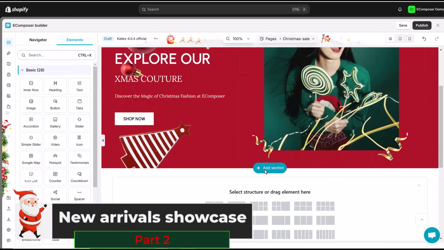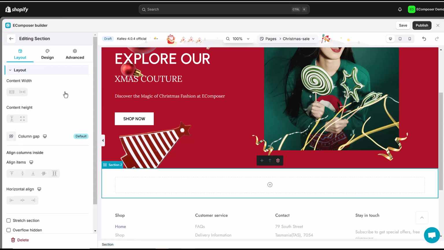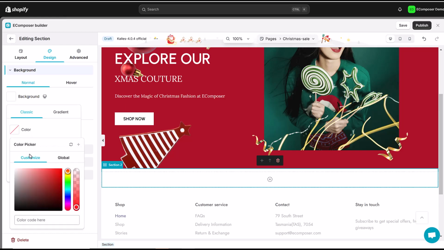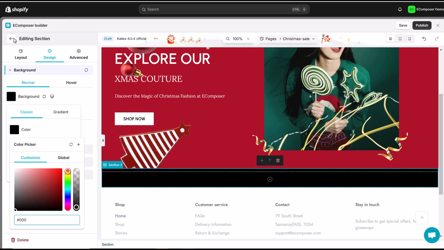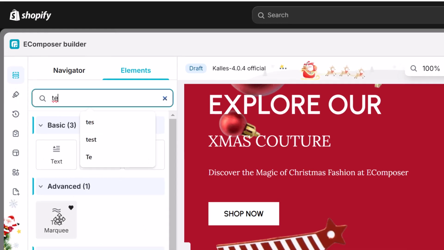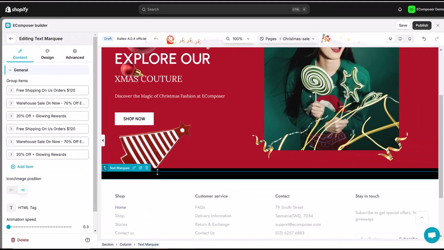Part 2. New Arrivals Showcase. We will start with a new single column section with a full content width, no gap, and a black background color. Then add the marquee text to highlight your Christmas sale event offers and services. I will change the marquee text color to white first,